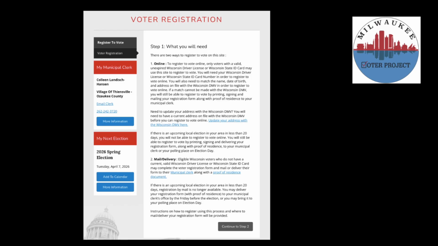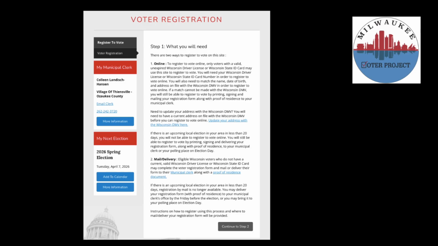This next screen is to inform voters about the 2 ways they can register to vote. Since they have agreed to register online, I summarize this slide for them by telling them that it says we need a driver's license or state ID that accurately lists their current address. If they inform you that the address is correct, click on the Go to Step 2 button at the bottom